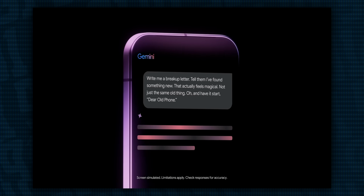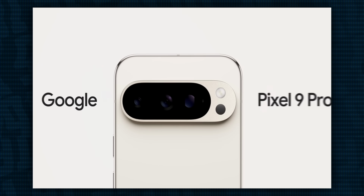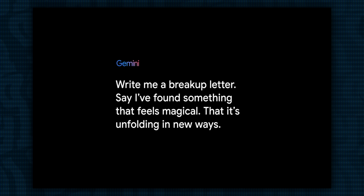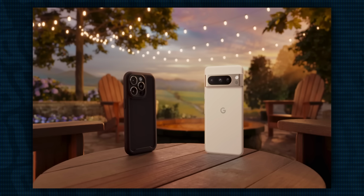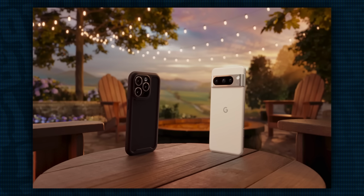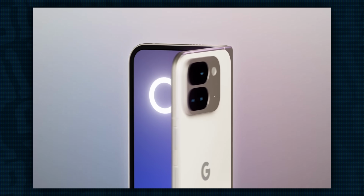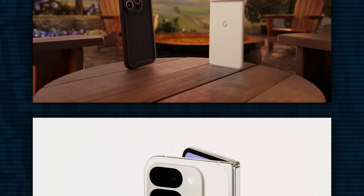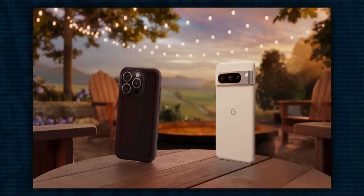This is the Google Pixel 9 Pro, Google's 9th major flagship for the Pixel line. A lot of things have changed in the past decade. AI is the centerpiece of practically any product these days, camera bumps are almost hilariously big, and Google even offers a foldable option if your wallet is feeling just a little bit too full. Smartphones are so different today than they were not even a decade ago, and yet the core experience does still